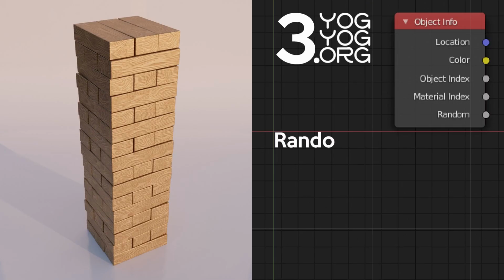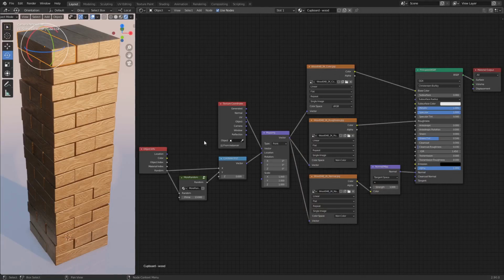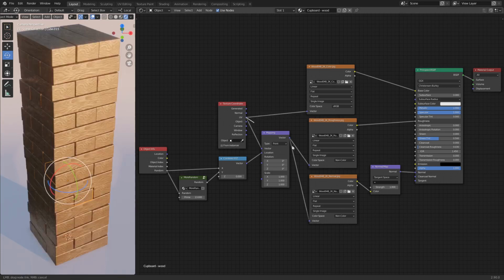But we don't have to just randomise colour, we could randomise texture coordinates instead, which is what I've done here, so we don't get exactly the same piece of wood grain on every brick. We're basically using a tileable texture, which is colour, roughness and normal. But rather than going straight from UV into all of these, which would end up with exactly the same piece of wood grain on every brick, a little bit obvious, methinks,